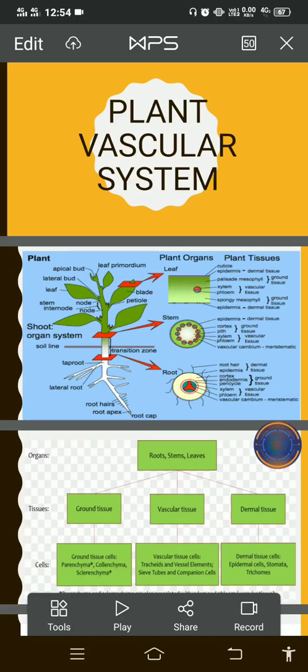Good morning, dear students. Today we will learn about the plant vascular system. We know that a plant consists of two parts, the shoot and the root. In the shoot, the leaves and the branches are present, and like all plants, they